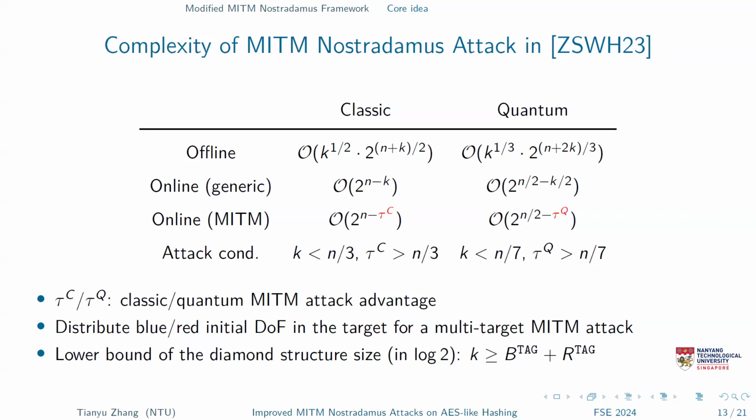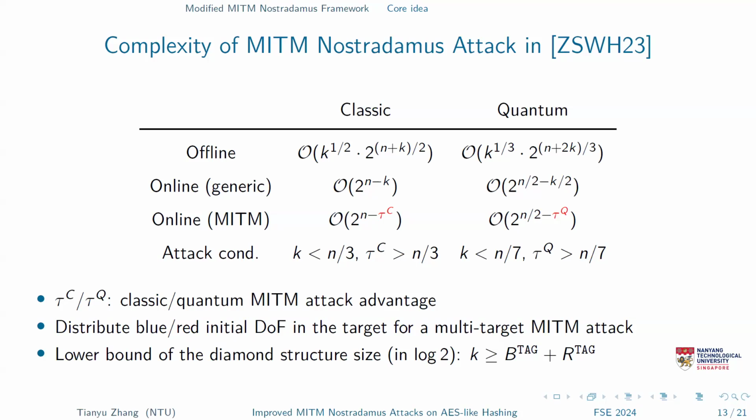So by doing this, they do this attack in the multi-target setting, but in other words, they're still looking for a true pre-image, but with maybe a slightly relaxed version. So this has refrained themselves from having any of the unknown bytes in the target. So it's a pretty strict restriction. So the diamond structure they finally built is dependent on how many blue and red cells they put inside this